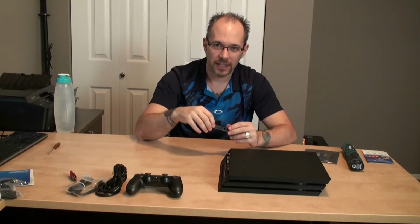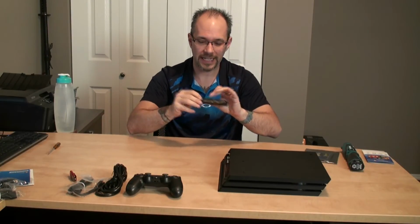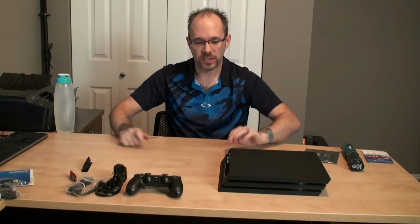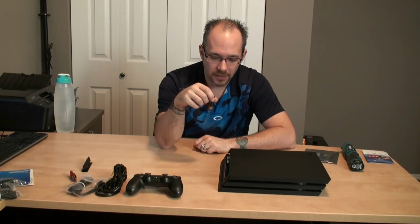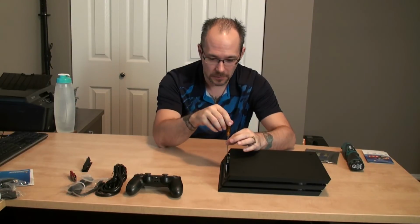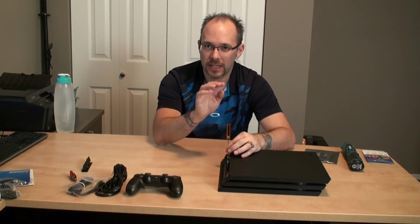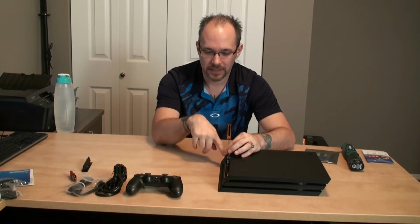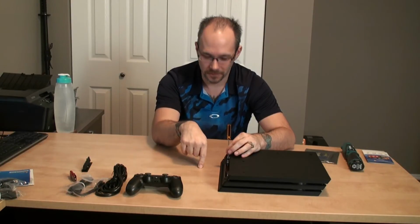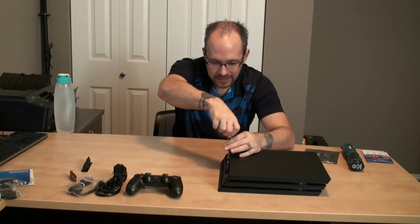Be careful removing it. When I popped it off the first time, I actually broke one of the tabs off. It still stays in there, but it's extremely fragile. Those are two tiny little pieces of plastic. Once you pop it off, you need a star-head screwdriver, something relatively small. I've already loosened this screw once when I opened this up. Just something to note, this is really tight, and you've got a very small screw head. So be careful, do not force it, because if you strip this screw, you are totally screwed. What I suggest is put a lot of downward pressure on the screwdriver, get it into the slot,